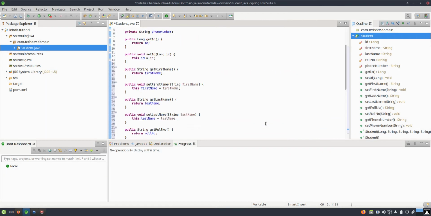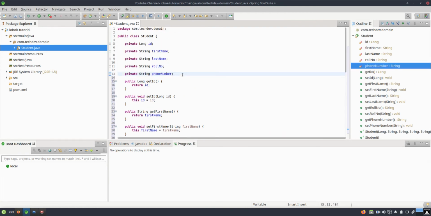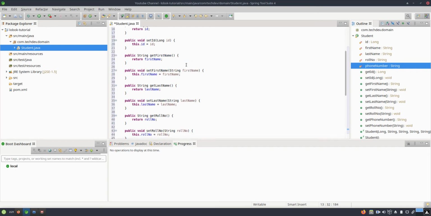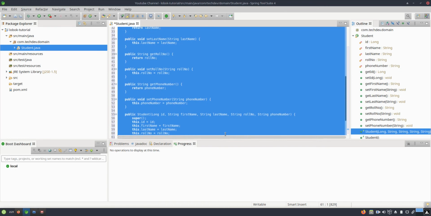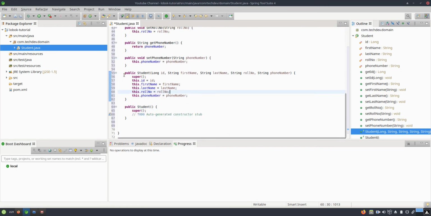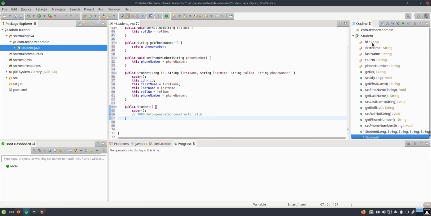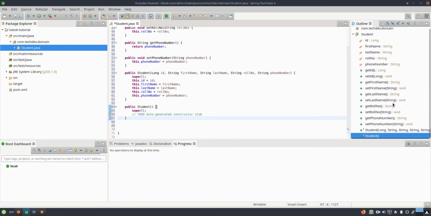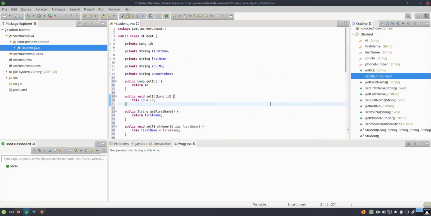As you can see, we have only four to five properties for now, and for each and every property we have created the getters and setters, and we have also created the constructors. You can see here in the outline side that we have all these getters and setters and constructors. But what if we have hundreds of properties in a student class or any class?